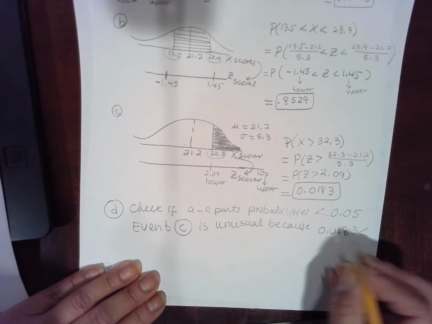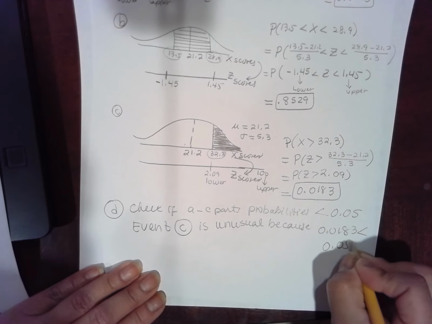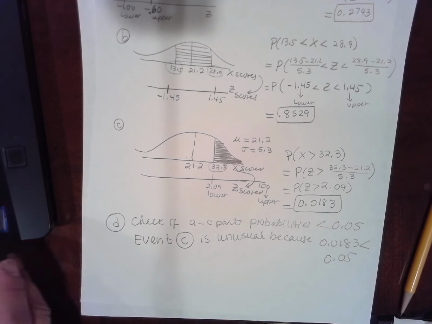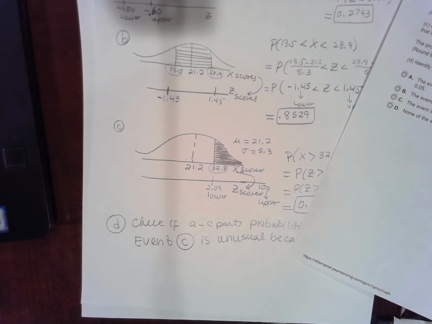0.0183 is less than 0.05. Okay, so event C is unusual. That's it for this question. I apologize, it's 14 minutes, but it should be